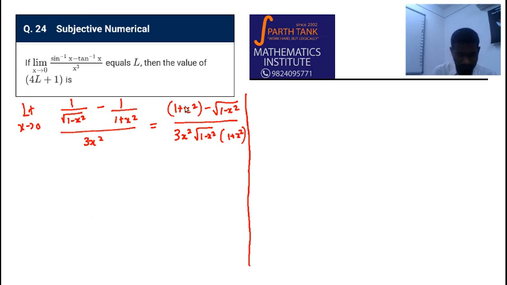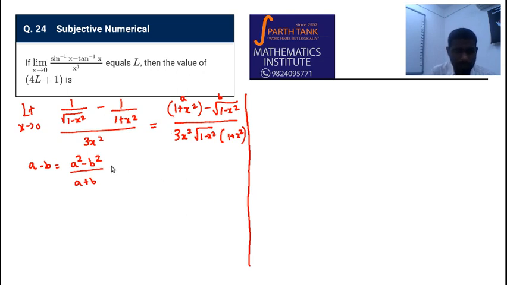Okay. Now there's an interesting way of rationalizing this term. You consider this part as A and this part as B. So what you have is A minus B, kind of. Now A minus B can always be written as A squared minus B squared by A plus B. What is the advantage? This A minus B makes the numerator 0. But if it can be replaced by A plus B, and then if the numerator with this will also get simplified, then there is a chance of doing this problem in an easier way.